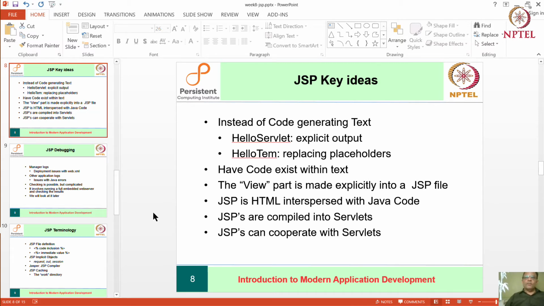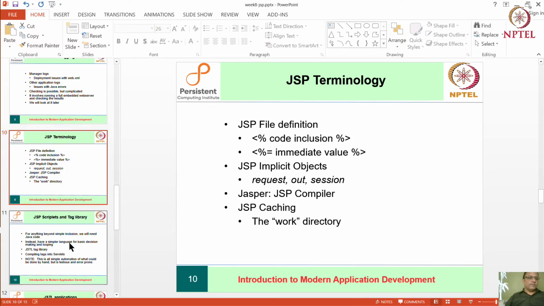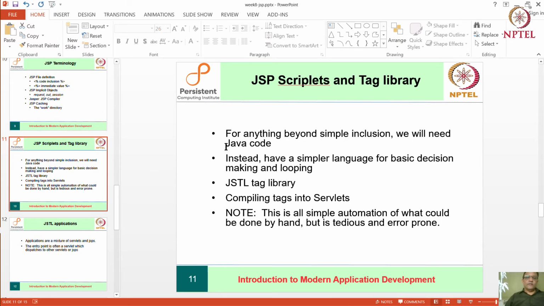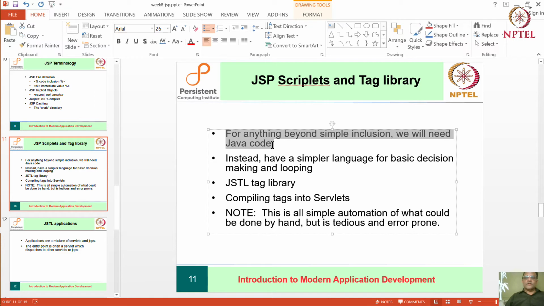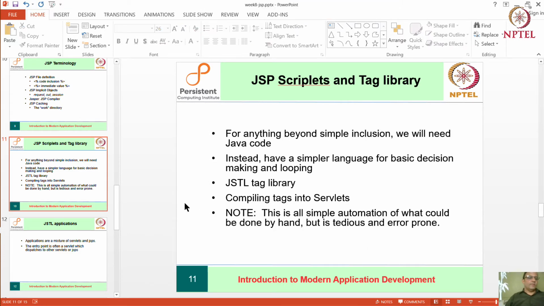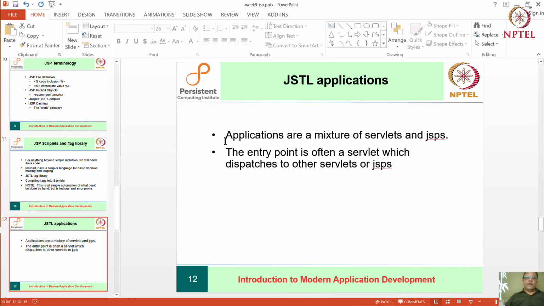This works okay, but you get these problems where, for anything beyond simple inclusion, you need Java code, and instead you use tag libraries to have simpler methods, and then the tags themselves get compiled into servlets. The most important thing is this is simple automation of what could have been done by hand but would have been error prone and tedious.